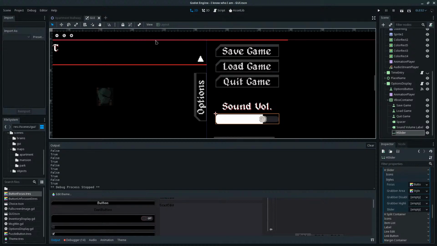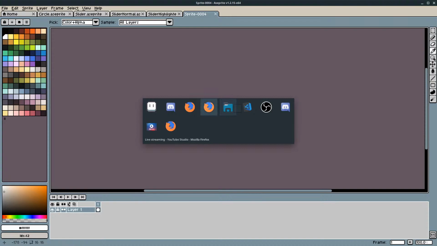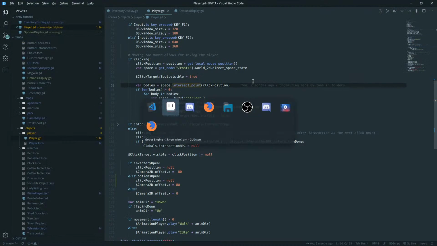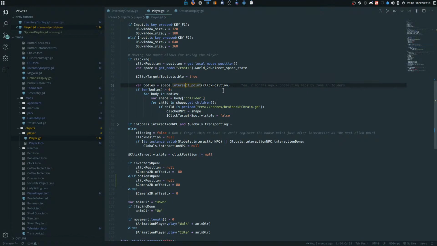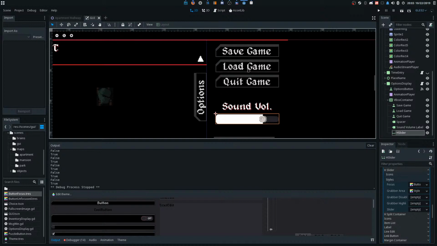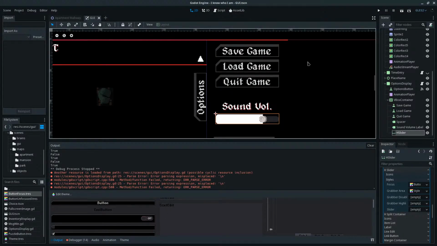Okay, so this is working in any case, so we'll see if we can get some of this working and tied in. So let's go to the options display. We have two buttons here, and the one button that we want to work with is the save game button. So actually we'll just do it like this.